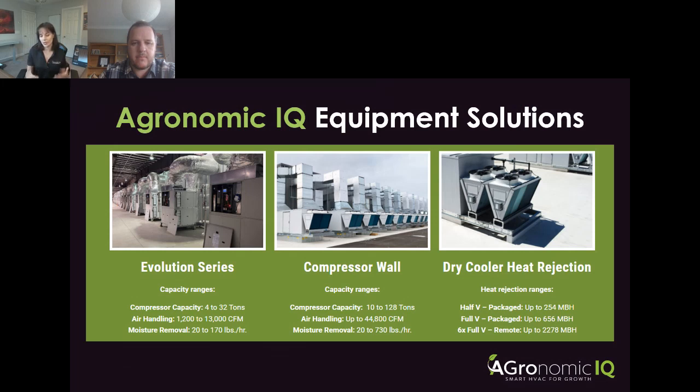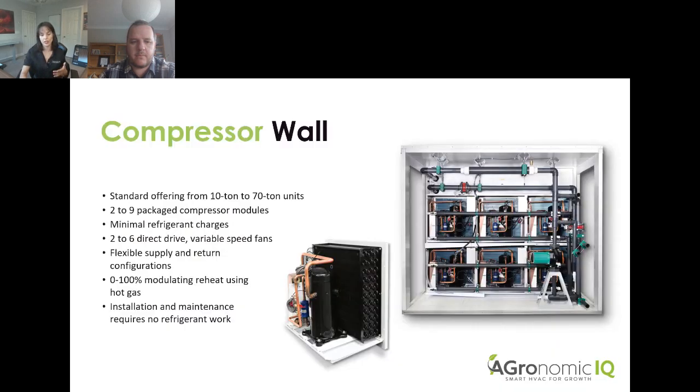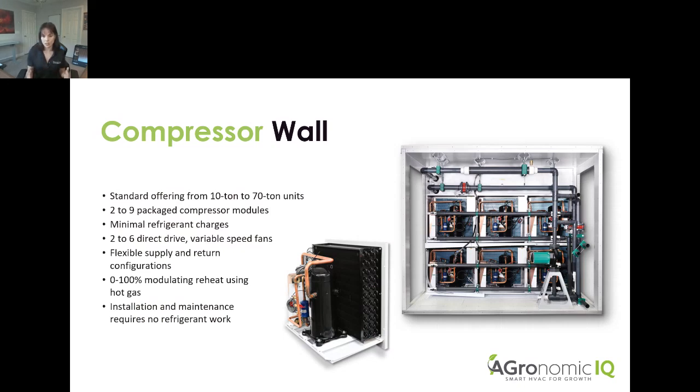These units are big industrial units, purpose-built and designed for CEA spaces, and then our dry coolers that are used in conjunction with our compressor wall and our Evolution series. So real quick, just a highlight about our compressor wall units. These are, again, our bigger units that are required for larger grow rooms. One of the competitive advantages that Agronomics IQ thought of when we were designing units for this space is ease of maintenance. The compressor wall is comprised of 2 to 9 compressor